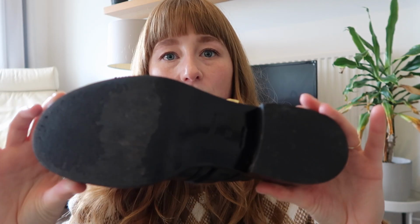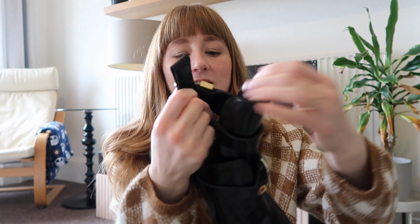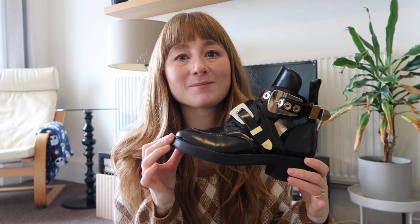I love the white stitching, the sort of loafer front. There's the inside and the back, and then on the bottom it says Balenciaga. These are a size 36, which is a 3, which is my size. And yeah, Balenciaga there, and then Balenciaga Paris on the inside. But there's a few of these on Vinted at the moment, so if you did want a pair,